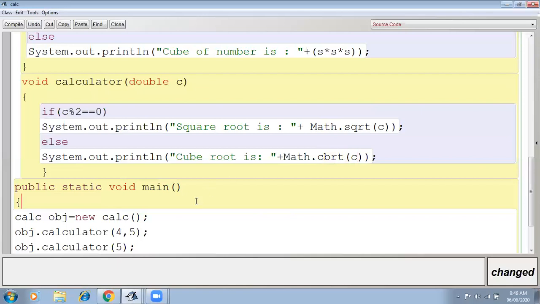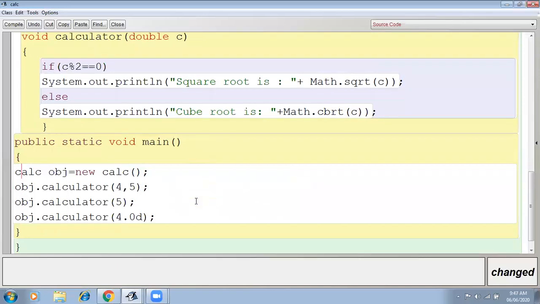Now here I'm calling. How to call? We have to make the object first. Kelsey is the class name, then obj equals new Kelsey, then obj.calculator with two integer parameters, so it is going to call the first method.